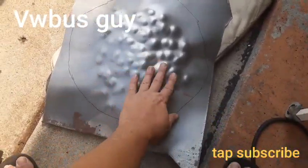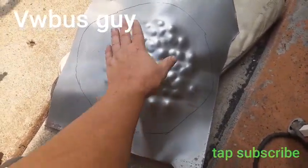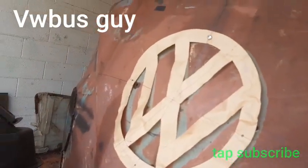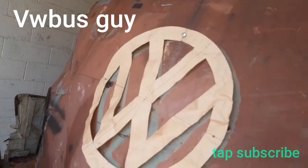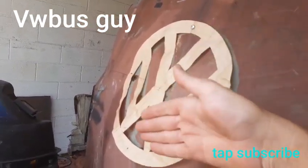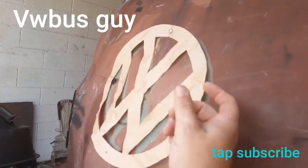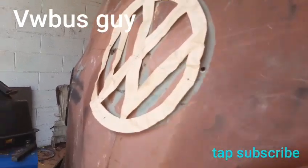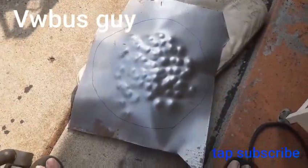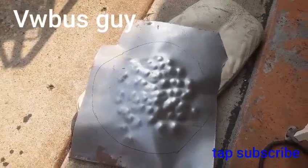And so I've just got a bit of a dome there. I'm looking at this and it doesn't seem like there's much there, so what I'm saying is there's not a lot of dome this way. Well, this way it's probably only drawn back probably half an inch across the whole surface, so that's pretty much all I'm going to do. And then